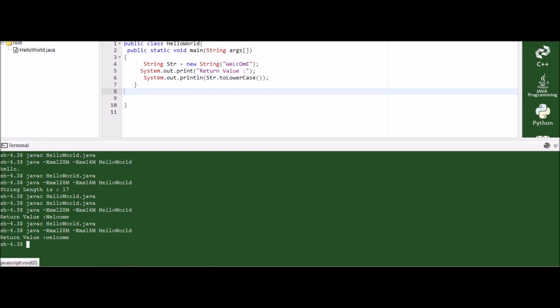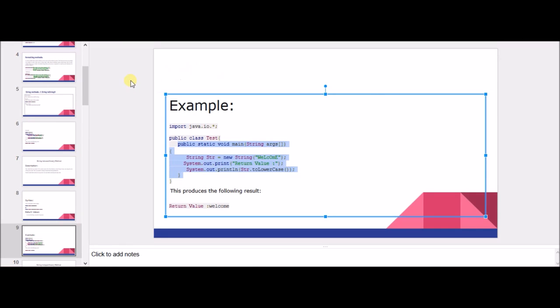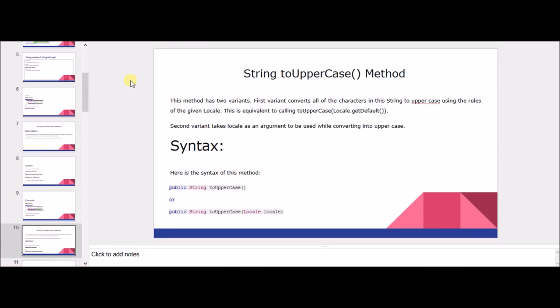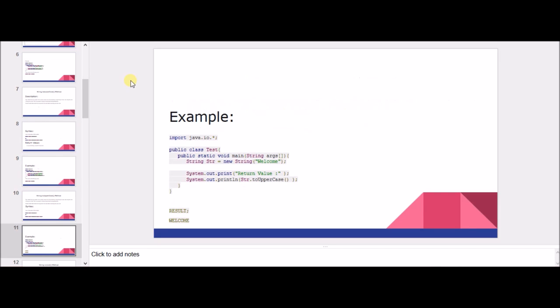So all the letters here are converted to lowercase. The next method that we are going to see is toUpperCase, which is similar to toLowerCase, but just the opposite. It gives the uppercase of the given string. Here is an example for toUpperCase.